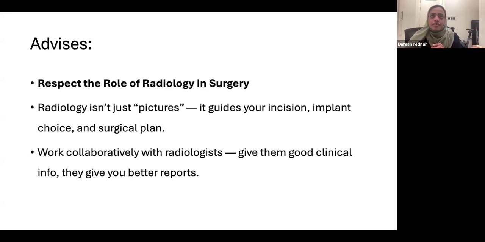Sometimes I see some fellows or residents write "35 years old with a fractured tibia." Okay, do you suspect intra-articular extension or not? Was there a dislocation before or not? Put in the details so the radiologist will give you a good report based on your details. Sometimes there is a 32 years old female patient without mentioning the fracture. Where is it? If the fracture is, like, a third toe fracture, they don't write suspected third toe fracture. The radiologist will look at every toe and will assume that you mentioned the third toe fracture.